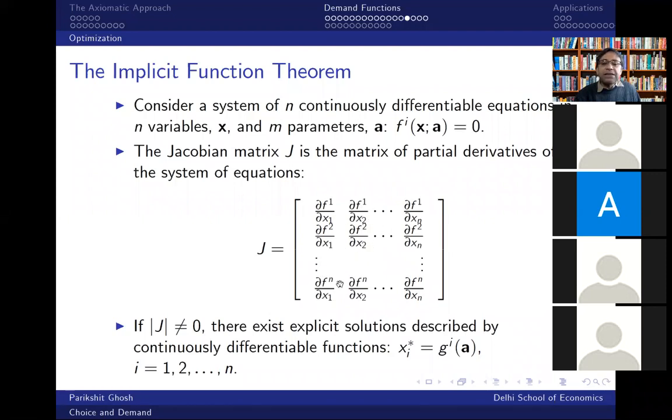So when does a solution exist? A solution exists when the determinant of the Jacobian matrix is non-zero. Okay, so if you calculate the determinant and find it non-zero, then that is it. And you'll see in a moment why we need that. So then there exist explicit solutions, which are continuous, differentiable, well-behaved, and so on, of this form. More importantly,